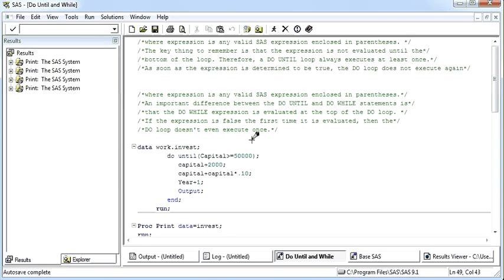That means the main difference between do until and do while is that do until is going to run until a certain condition, whatever we mention in the parenthesis, is met. And in do while, the expression enclosed in the parenthesis must be valid. An important difference between do until and do while is that the do while expression is evaluated at the top of the do loop. If the expression is false the first time it is evaluated, then the do loop doesn't